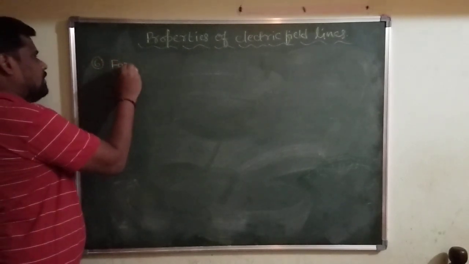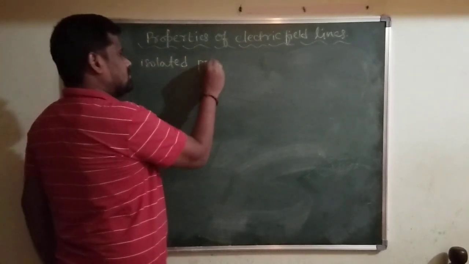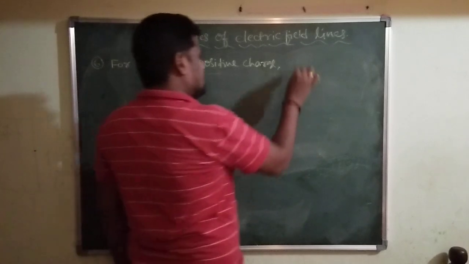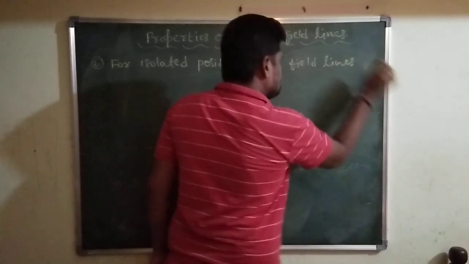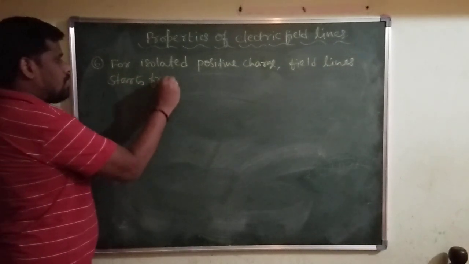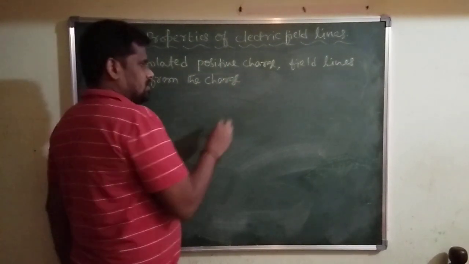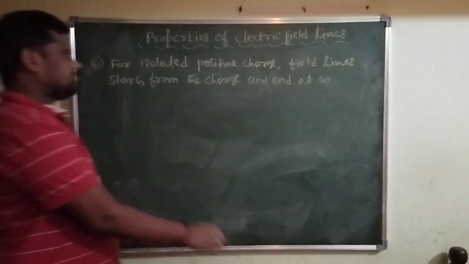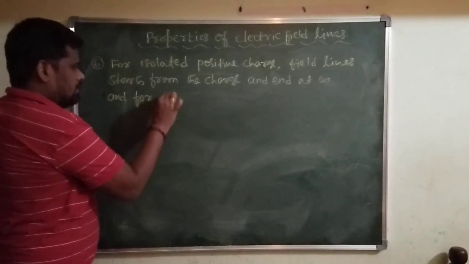For an isolated positive charge, field lines, that is, electric field lines, start from the charge and end at infinity. And for a negative charge,